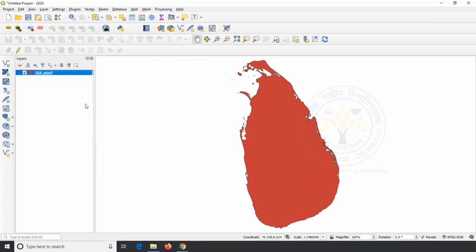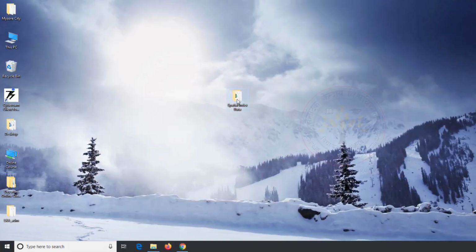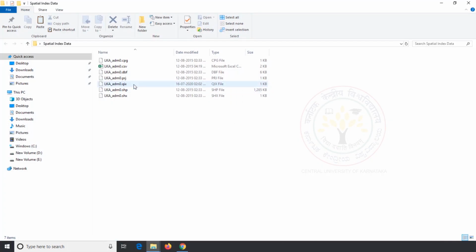Look at the canvas. We cannot see any changes in the data. But if you look at the folder where we saved our files, we can see a file added with the same name as our previous files but a different extension, QIX. This is a spatial index file, which helps to render the data easily on the canvas.